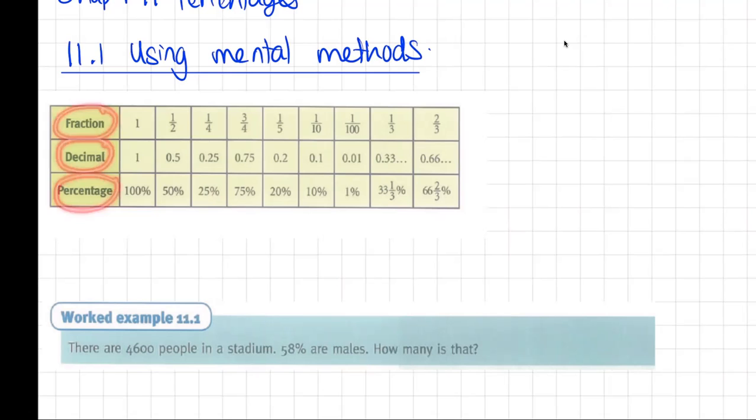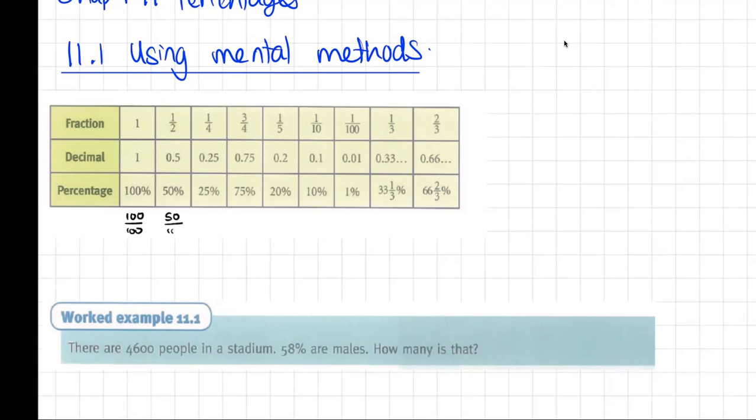So normally 100% means that it is full marks or a full percent or the whole thing, which is what we call one whole in fraction. One whole in fraction is also 1 for decimal. So let's look at simpler fractions such as half, which is 50%, or 0.5. They are the same thing. Because when we represent fractions as percentages, we have to write it over 100. So this is 100 over 100,